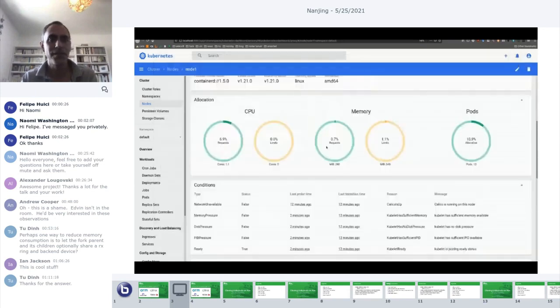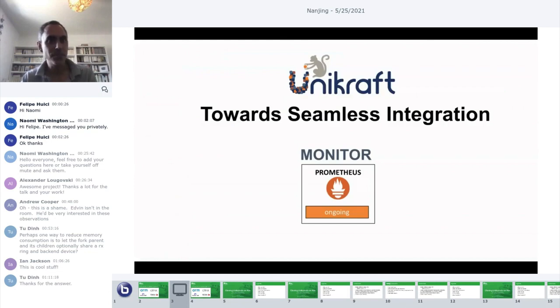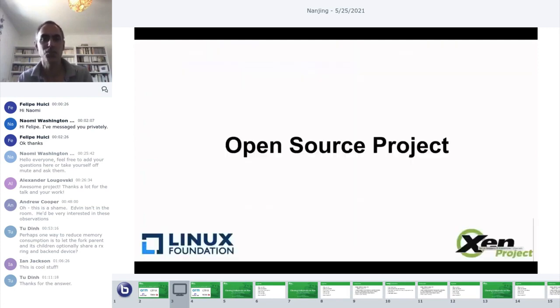There's 11 of them. And what we're going to say is we're going to create a Unikraft pod, or virtual machine, essentially. And now we have 11 of them. One more. There it is. Unikraft is up and running. And then if we go back to the dashboard here, you can now see that there's 12 total. And what's nice about this is that basically we're not running a container at all. We extended Kubernetes underneath to natively run a virtual machine.